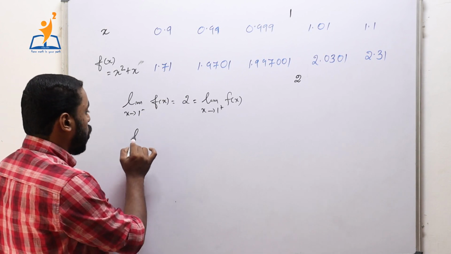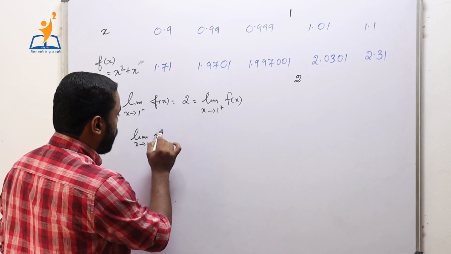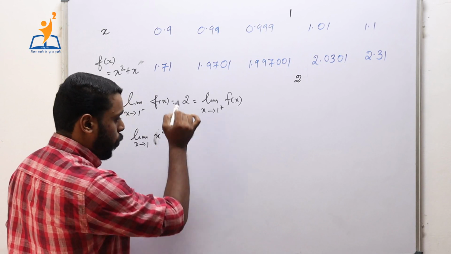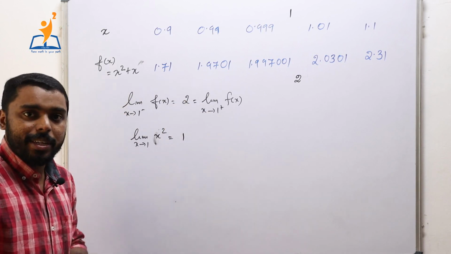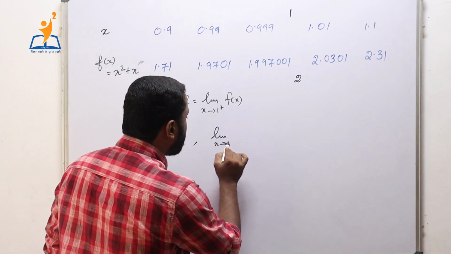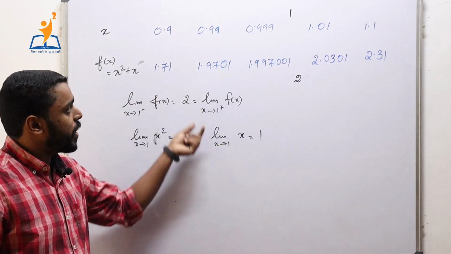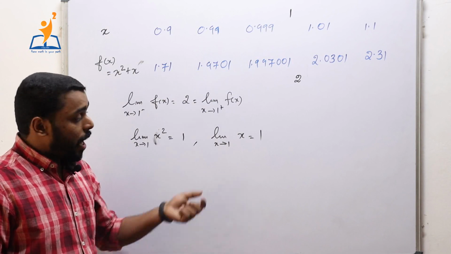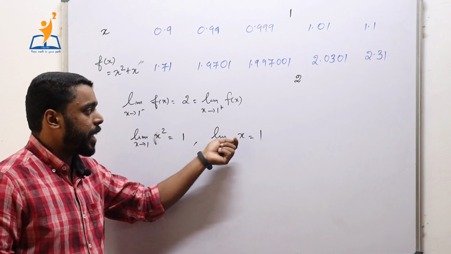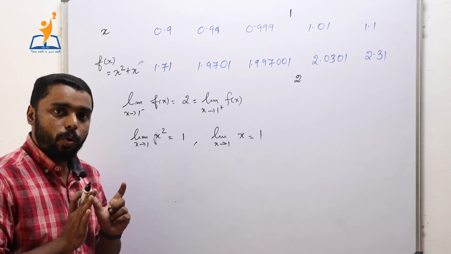Also observe that we know limit x tends to 1 of x square. If f of x equals x square, we proved that limit x tends to 1 of x square is nothing but 1, since the left hand limit and right hand limit exist and are equal to 1. Also note that limit x tends to 1 of x equals 1. In this case also we can list out a table like this and reach the conclusion that the left hand limit and the right hand limit exist at the point 1 for the function x and it is equal to 1.